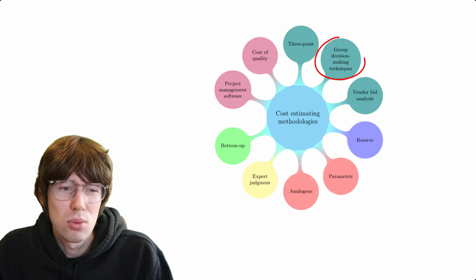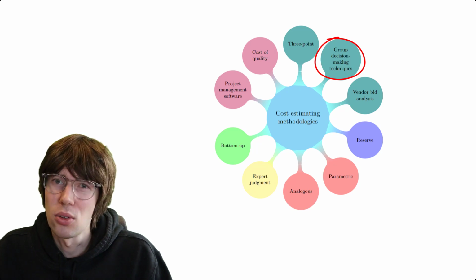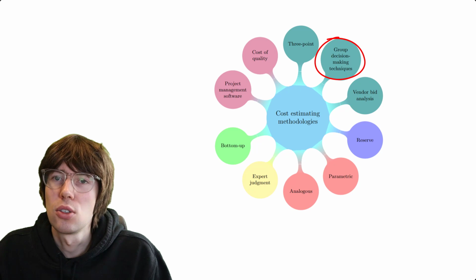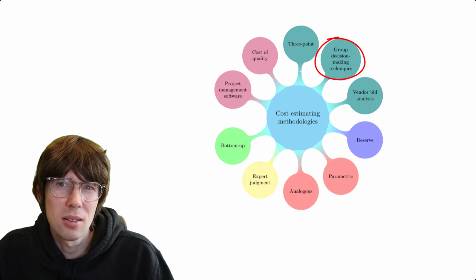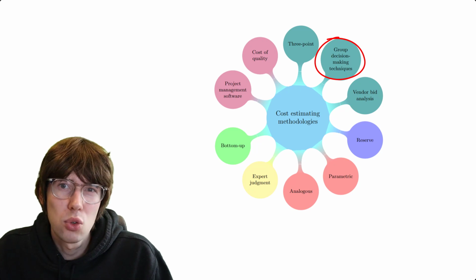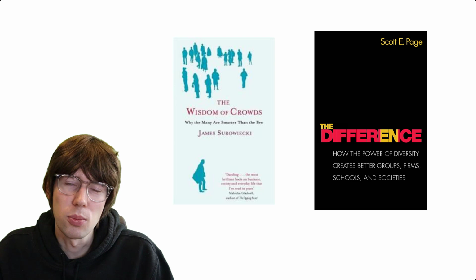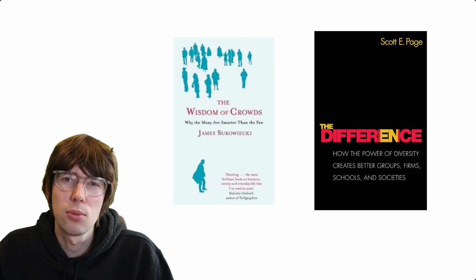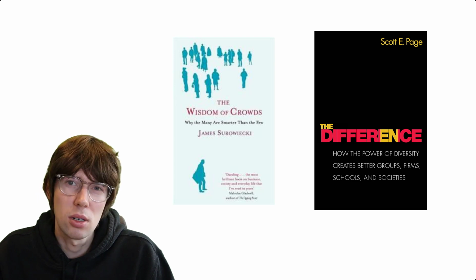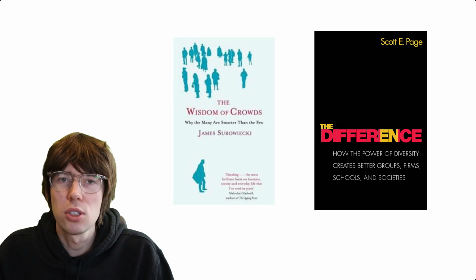So when it comes to group decision-making techniques, there is a lot of academic literature. But I think I want to avoid academic papers as much as possible, as I mentioned. So there are two books that I think are a definite read when it comes to group decision-making techniques. First off, we have a 2004 book by James Surowiecki. He's a journalist, and his book is called Wisdom of Crowds.